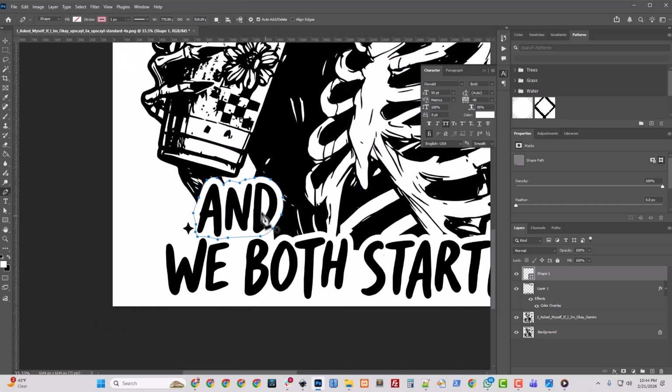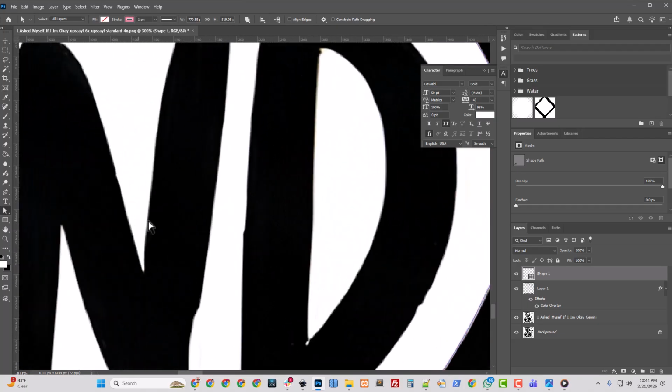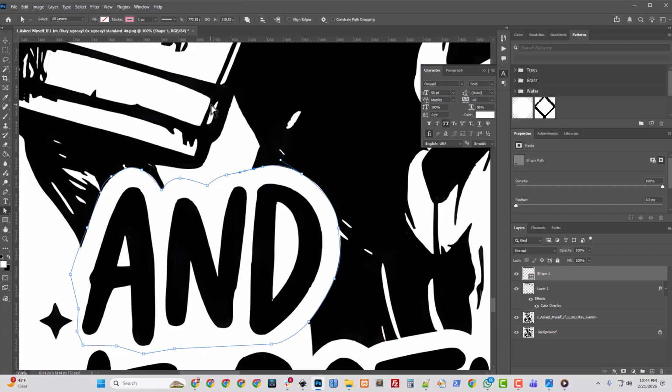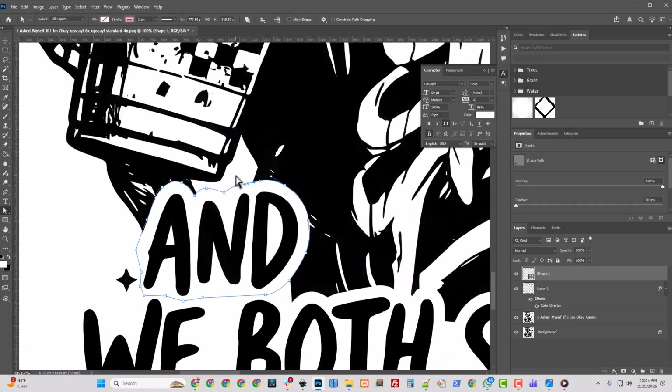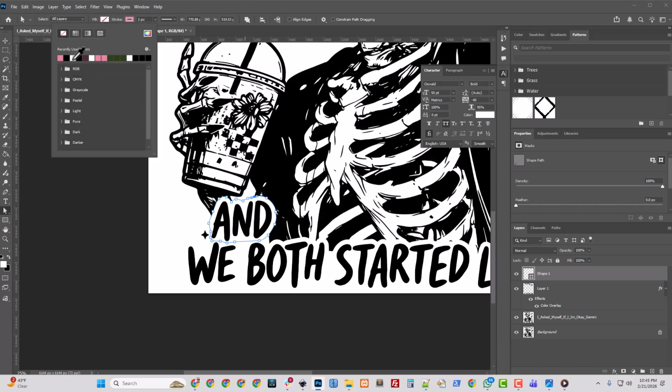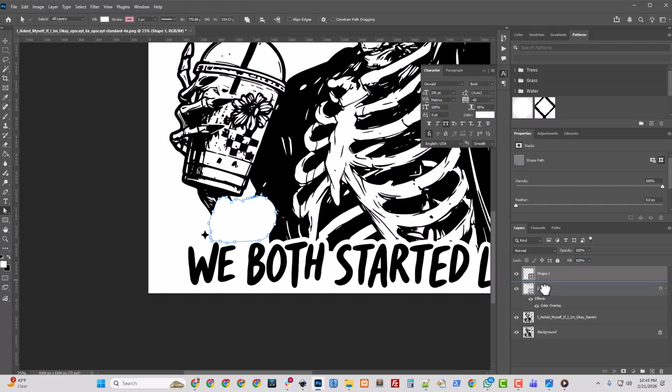And I'm not super happy with that. As I zoom out, I just don't really like my curves. So I'm going to come in here and tweak them a little bit. Let's just fix that up. A little sharper. Doesn't feel rounded. Okay. It's fine. So let's make that fill white. And then let's just pull it down below here. We'll use it later.